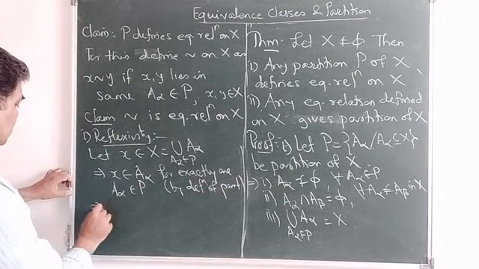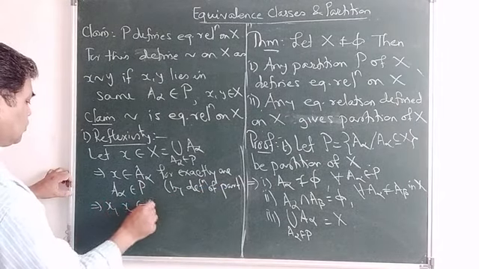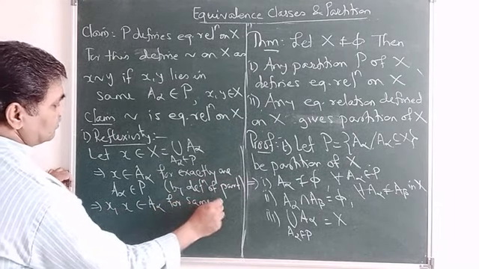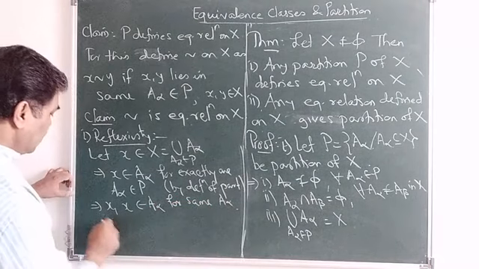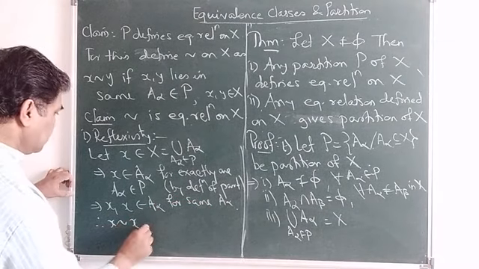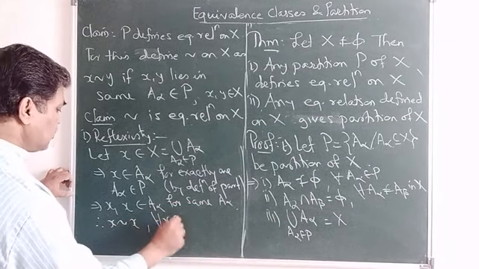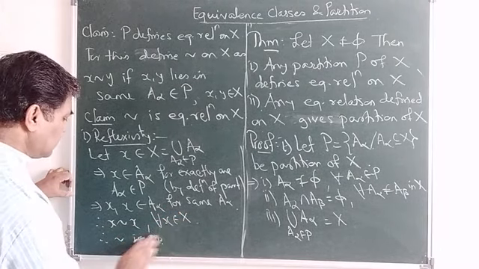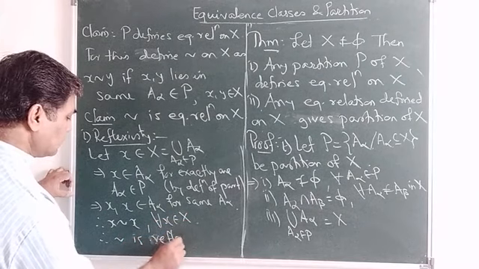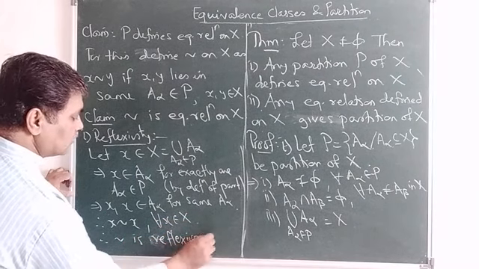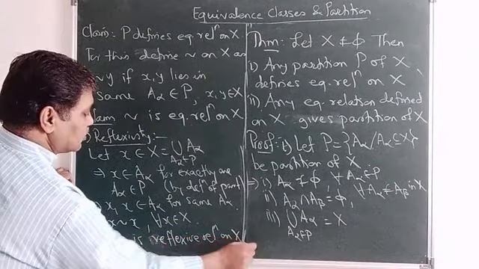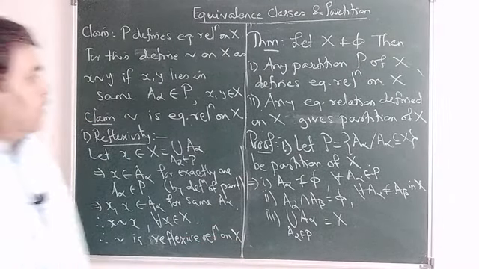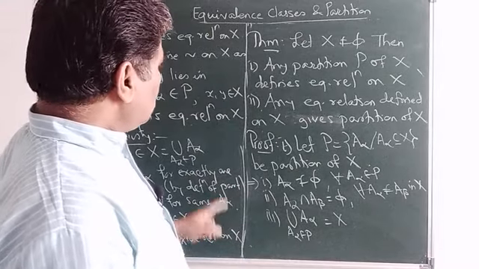This implies x and x belong to the same A alpha, and therefore x is related to x for any x belonging to X. Therefore, tilde is a reflexive relation on X, whatever the choice of x may be. This holds. Okay. Now, we have to show that